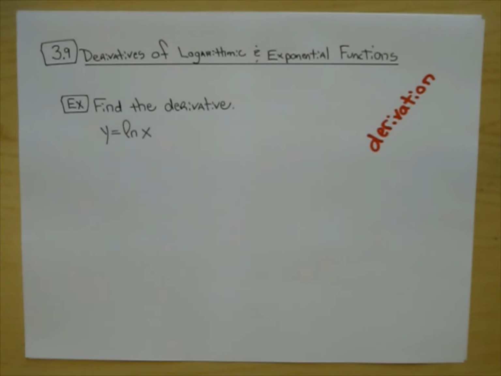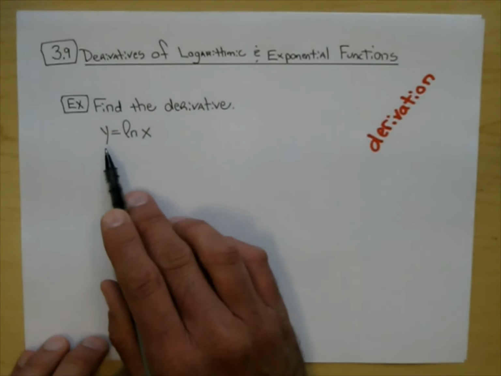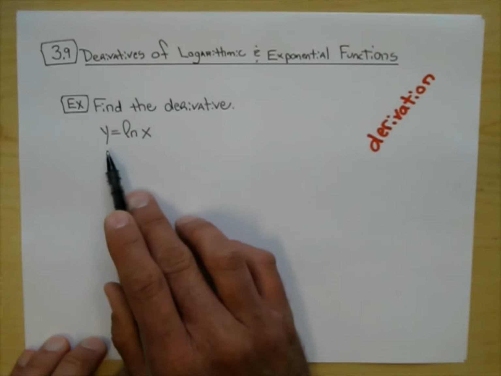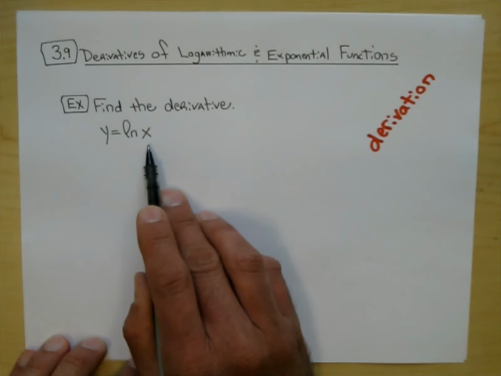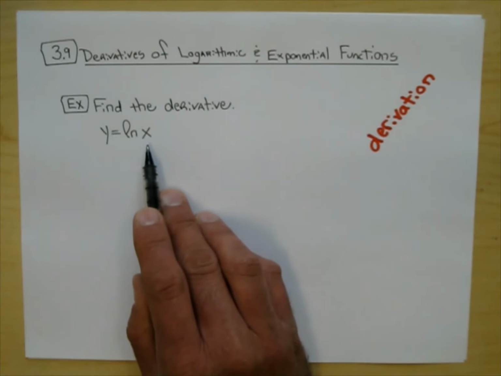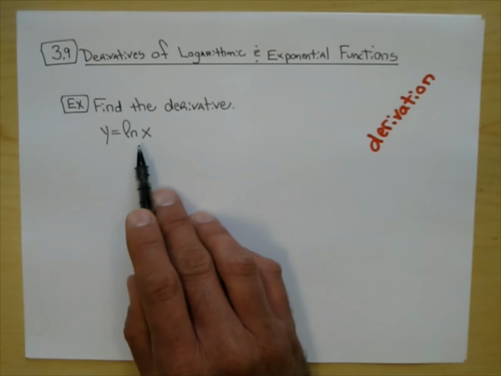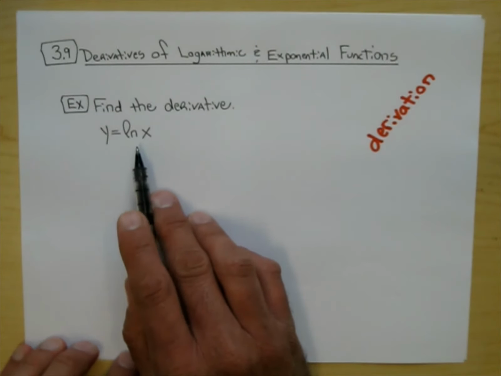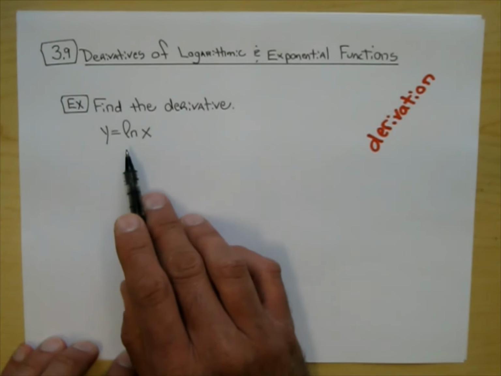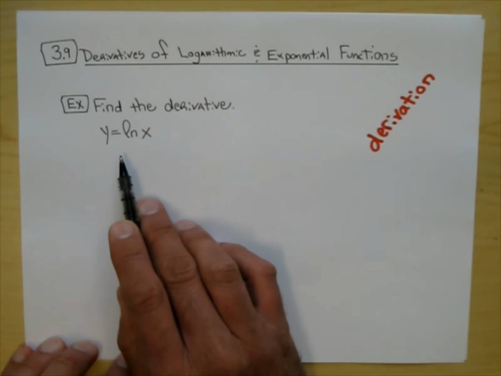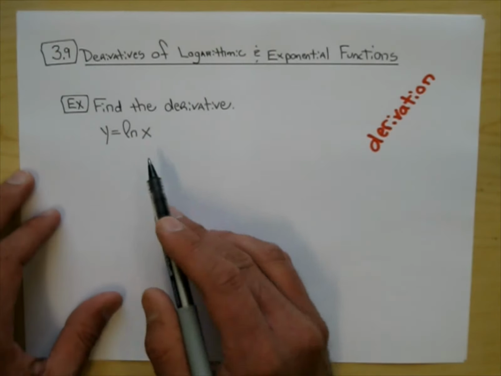The other thing you may have noticed on this sheet is that we have something called derivation, and that's what I'm doing. I'm doing a derivation of the derivative of ln x. Now some of you are like, oh, I hate those derivations, because this is where you take out the difference quotient and do the definition. I'm not going to do that on here. What I'm going to do is go ahead and